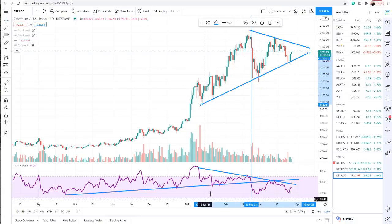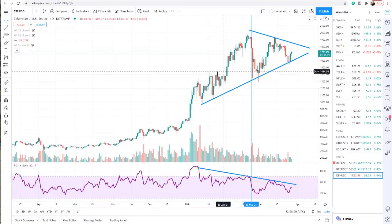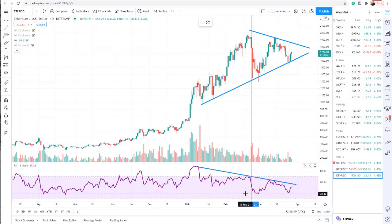So the danger for Ethereum is once again that you can see how the market's been rallying up. But look at this RSI. We're starting to get a lot of weakness here, just like Tesla did. And then we also have these support levels here. So, guys, I'm not saying we're definitely going to, because no one knows what's going to happen, but if we do start to see something like this, and then we start to roll over,